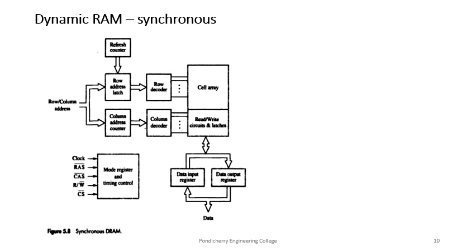SDRAMs, or synchronous DRAMs, can have different modes of operation, and we can select this by writing control information into a mode register. For example, burst operations of different lengths can be specified. The burst operations use the block transfer capability we have just seen, or the fast page mode feature.